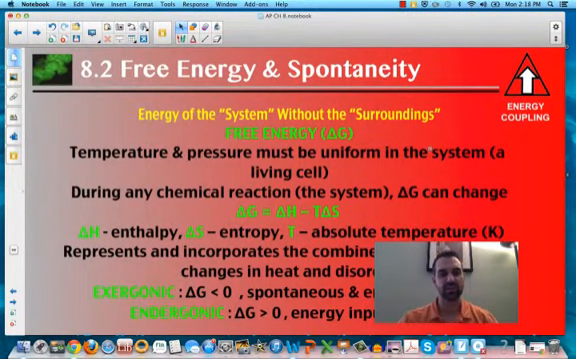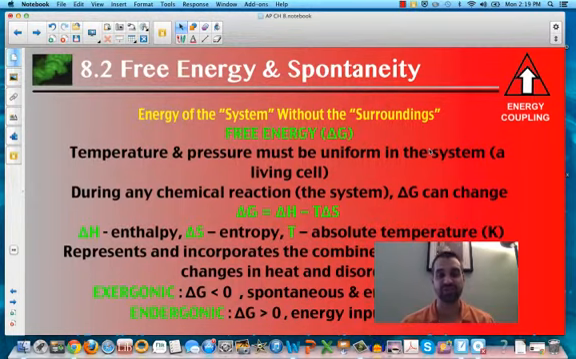Okay, guys, so here's lecture 2 on chapter 8. We're still dealing with the concepts of energy and free energy, and we had just finished the laws of thermodynamics, and now we're going to really talk about how this energy within our systems works. So, when we talk about free energy and the idea of spontaneity, remember, spontaneity is anything that's going to